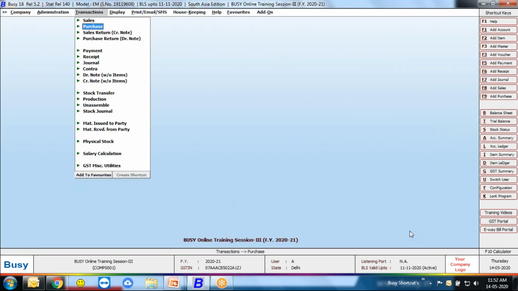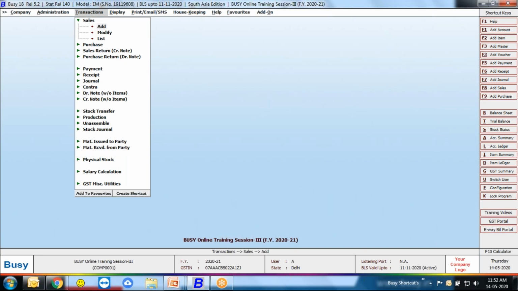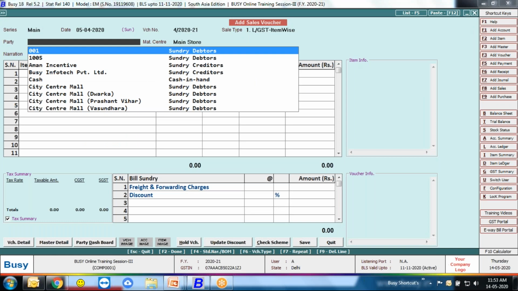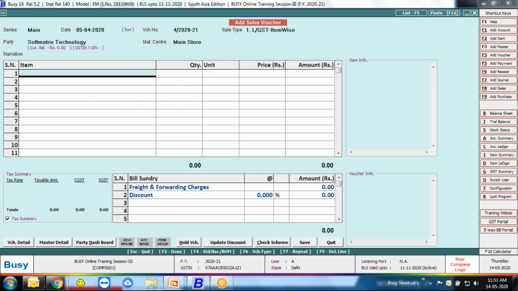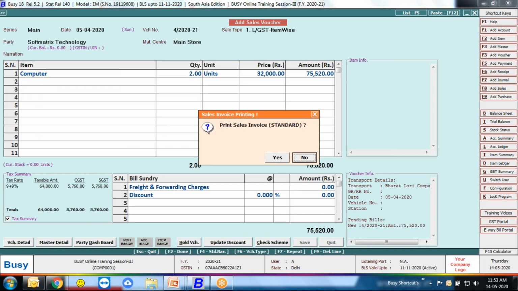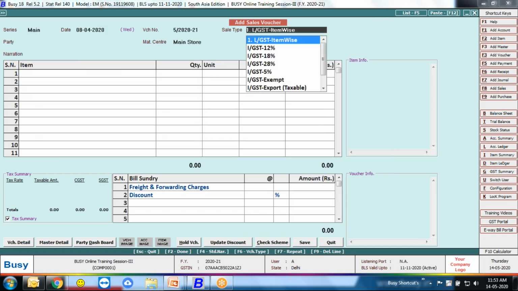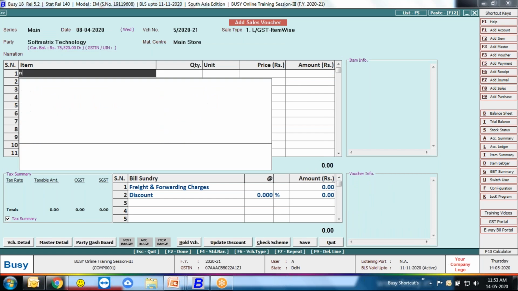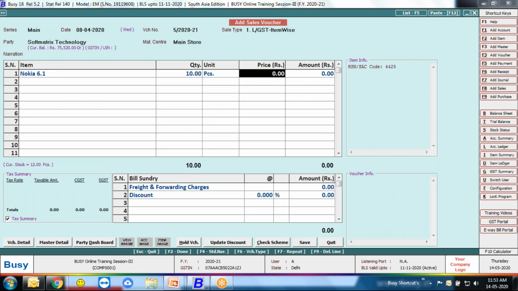Now going to sale add. The first bill I generated for the party Soft Matrix Technology. I sell him computer 2 pieces. Okay, the first bill is this. Next bill I am again creating for the same party Soft Matrix, and the product is this one.